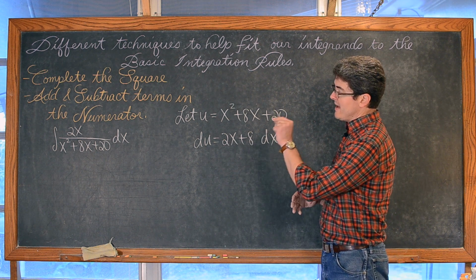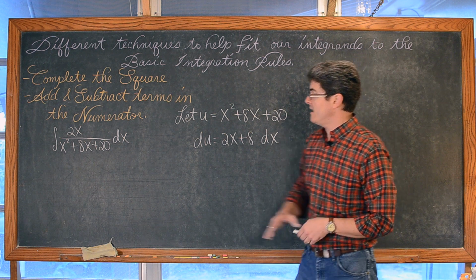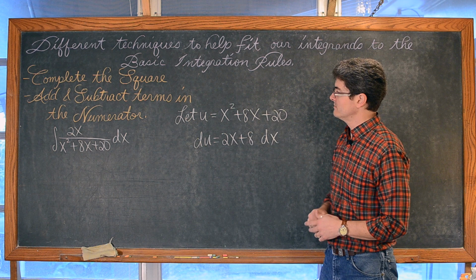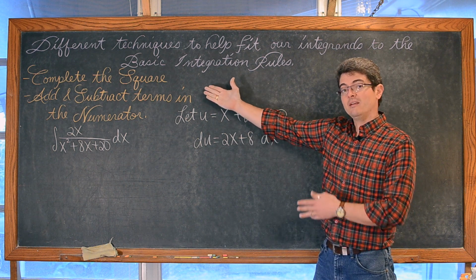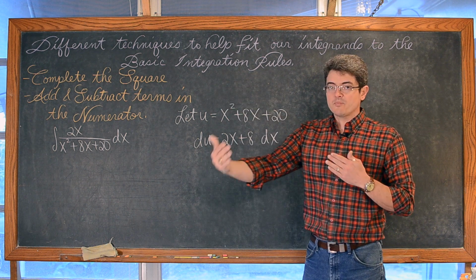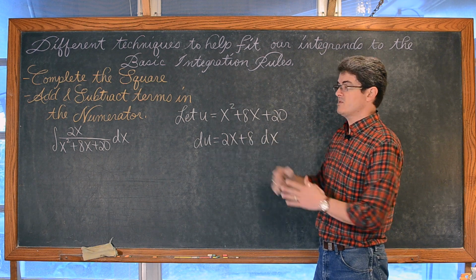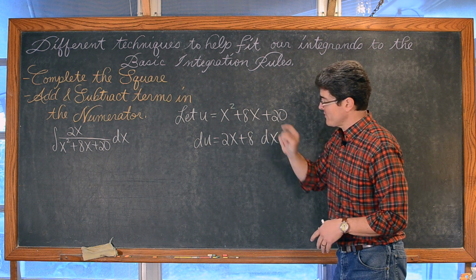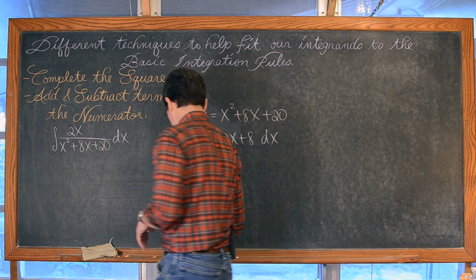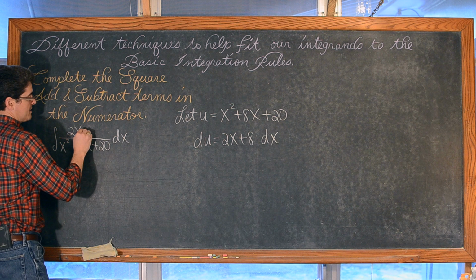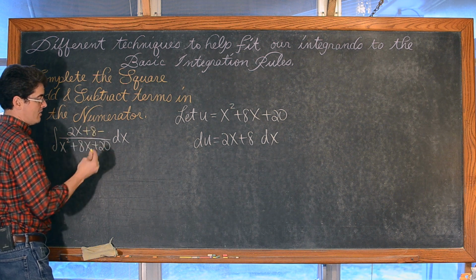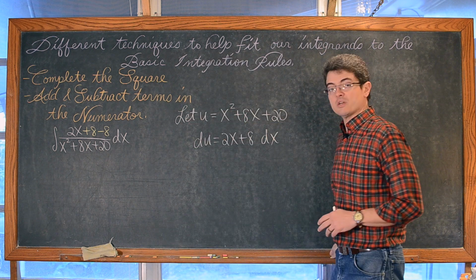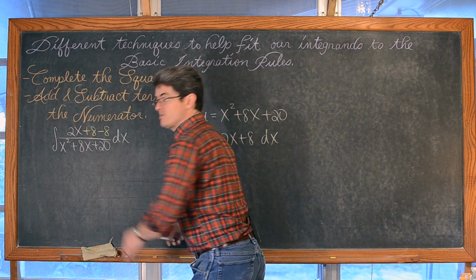So if I had a plus 8 in the numerator, I would have u prime over u. But I don't. Thus, you can, of course, if you're going to add something, you have to subtract it to keep it balanced. I don't want to change the value of the expression, but I can add and subtract terms in the numerator. And that term for this particular problem is going to be plus 8. So if I can introduce a plus 8, now I need to then subtract 8. I have made the numerator look different. I have not changed its value.